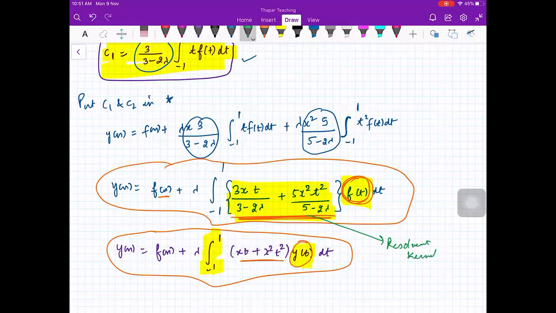So I just told you how you can find the resolvent kernel. You just have to follow your technique of solution. The only thing is that whatever function is given here, you will just write that function as f of x. So you will get your final solution in this form. Whatever this is, it is called the resolvent kernel. So in the exam, you may have a question: given an equation, find the resolvent kernel. Clear? Is the concept of resolvent kernel clear to everybody? Why is this called resolvent? Because it is resolving your problem of having an unknown function inside the integral sign.